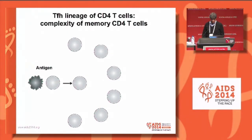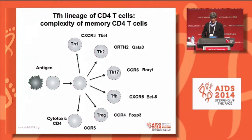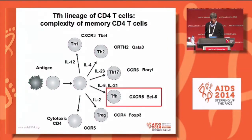So when a CD4 T cell is activated by antigen, it can go down a variety of lineage pathways. When we think of antiviral CD4 responses, we tend to think of TH1, although in our experience it's quite overlooked that there are a lot of cytotoxic CD4 T cells as well. All these subsets have characteristic chemokine receptors, and they have defining transcription factors that drive their differentiation. Those transcription factors are induced by characteristic cytokines as well. So the ones we're interested in today are the T follicular helper cells that we think are driven by IL-6 and IL-21 in particular from activated cells, and they express CXCR5,